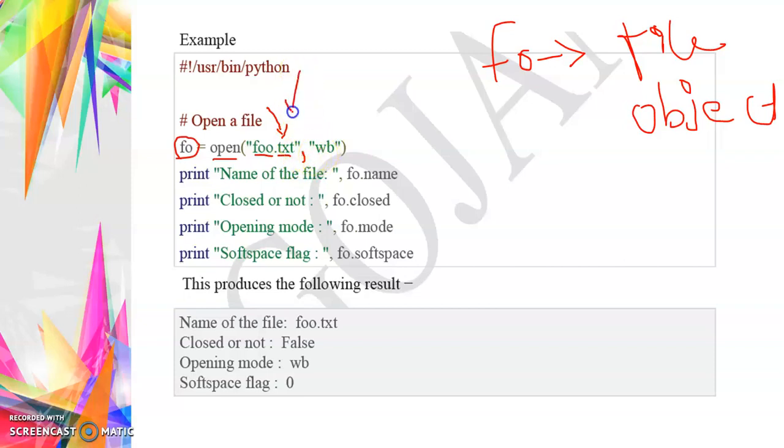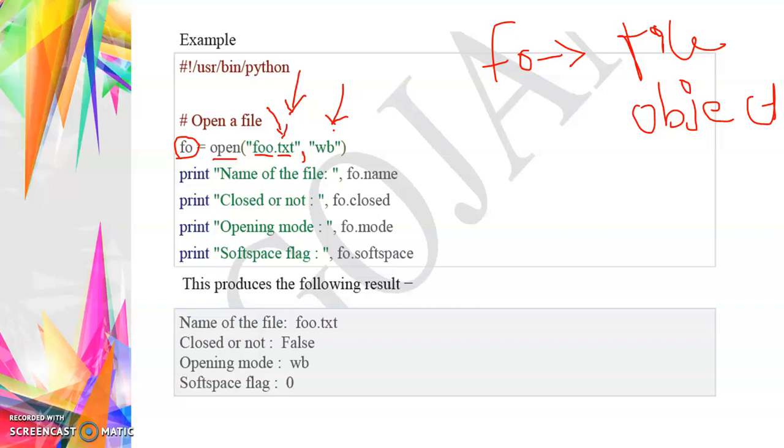This is the file name parameter, and this is the access mode parameter. In the open function there are three parameters: one is the file name, another one is the access mode, and another one is buffering. I already told you that buffering is not mandatory.